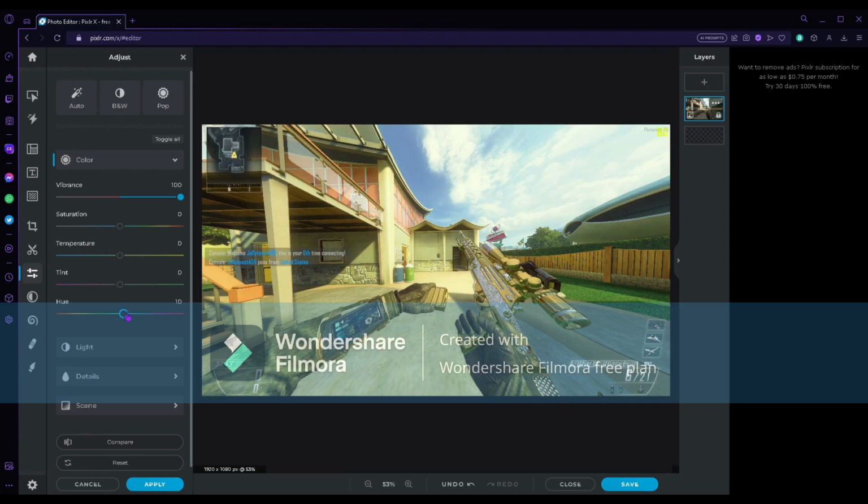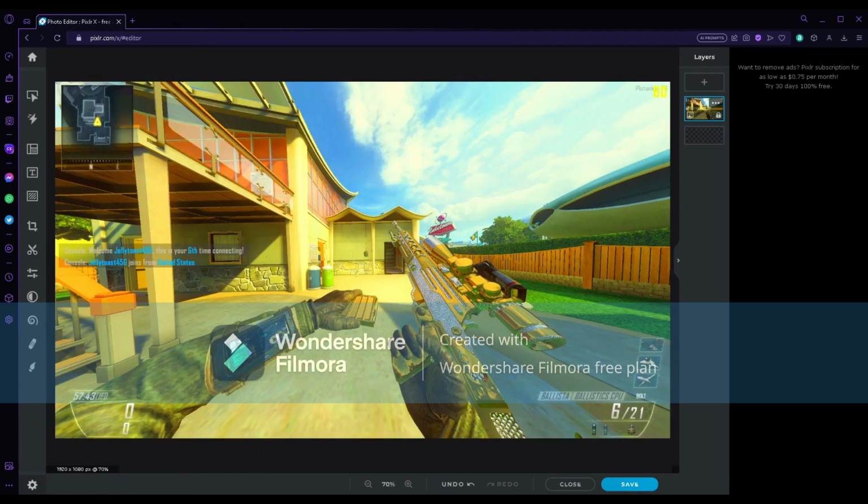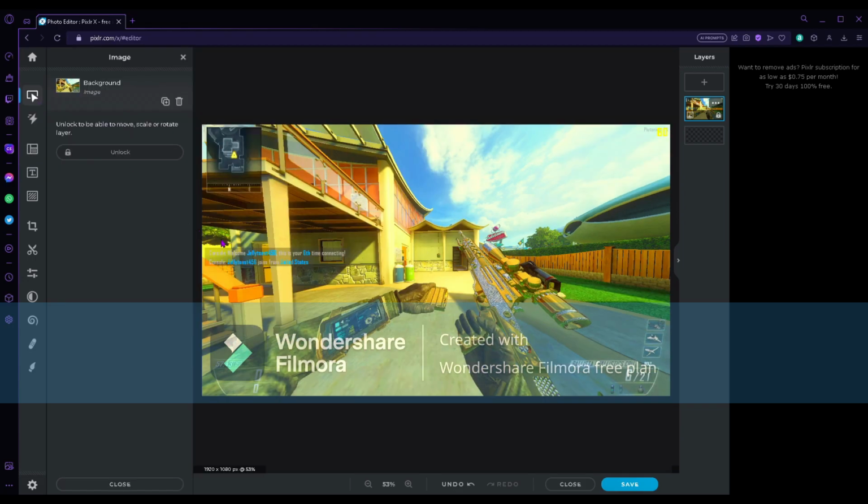I did vibrance up to 100. I did hue to like -5 or whatever. You can do this, it's all your preference. I usually turn my saturation all the way up because it just looks nice. You can mess with the lighting. A lot of this is just me doing